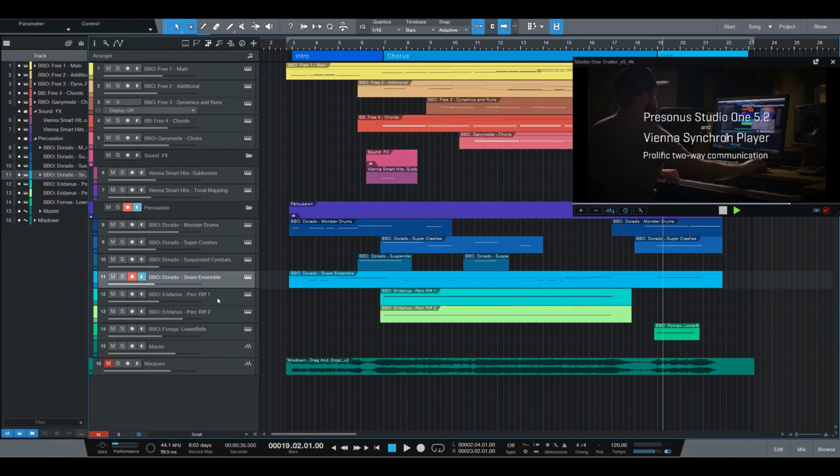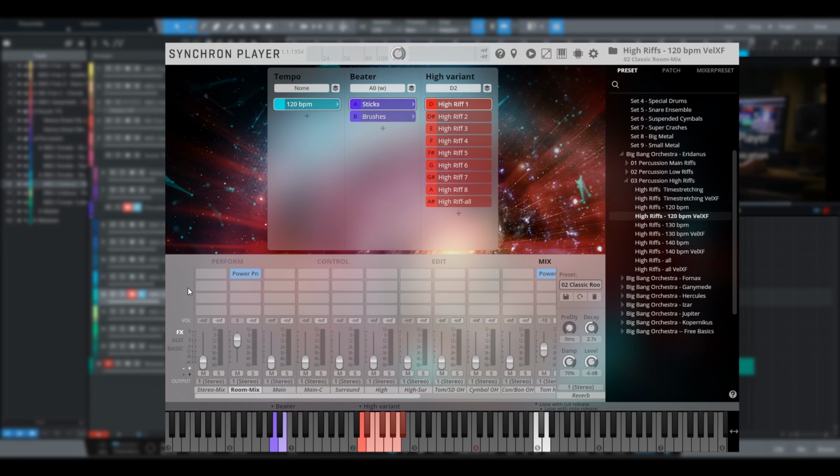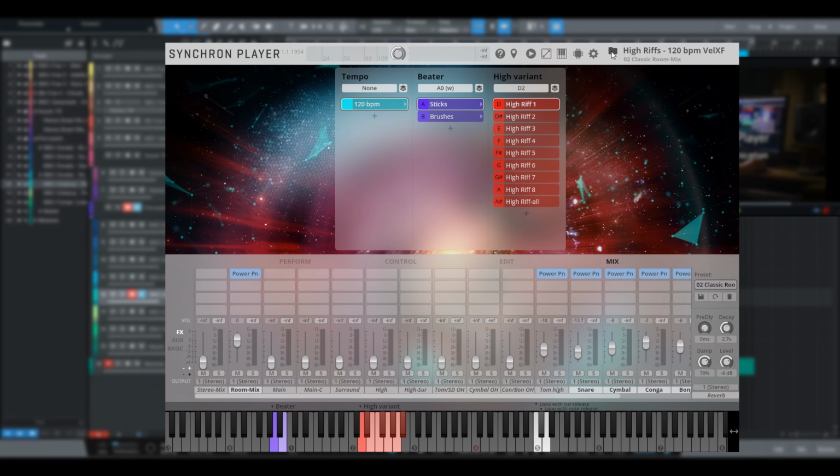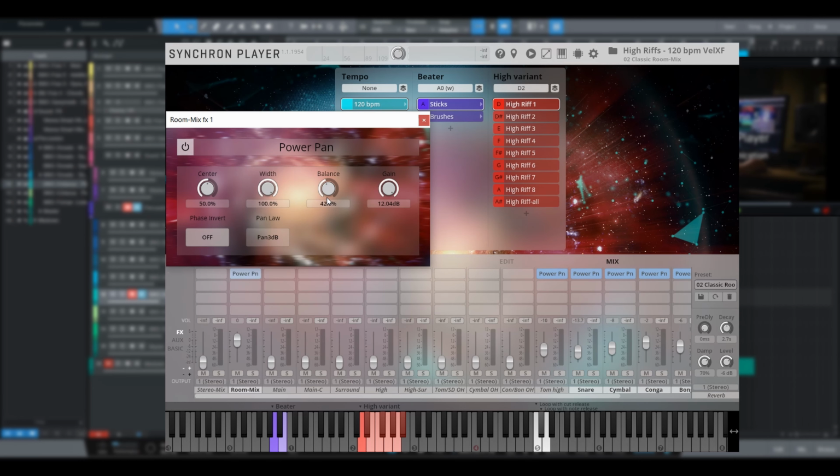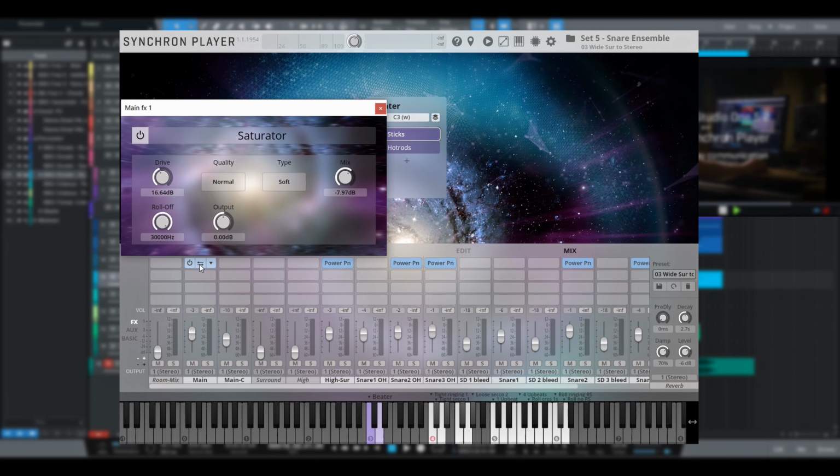As mentioned before, that part is really driven by percussion, and for that purpose I took advantage of Eridanus, which offers a large amount of pre-recorded riffs which sync with your sequencer tempo. For Eridanus, I used the internal power pan in the Synchron Player mixer to create more space in the middle for the orchestra. This is actually something very common in an epic orchestral arrangement, since you just want the big hits and the very low content elements in the middle of your mix.